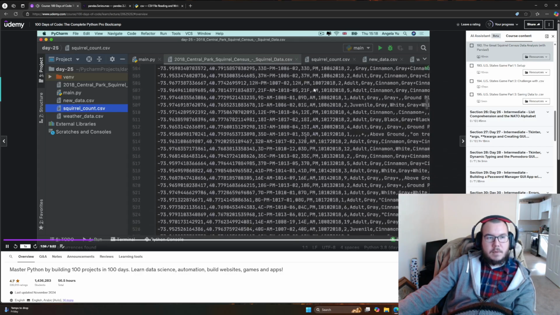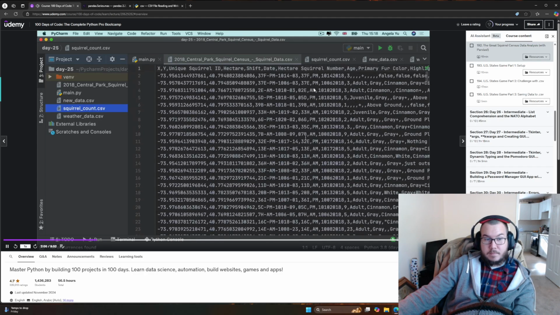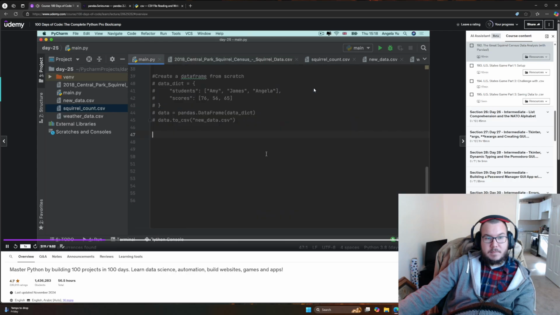There's thousands of entries, and it's actually real dedication that these volunteers went around logging all of this data, observing all the squirrels. Yeah, it must have been a very tedious task. But now that somebody else has carried out the hard part,